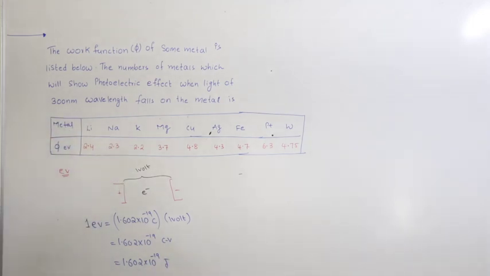So 1 electron volt is equal to 1.602 into 10 power minus 19 joules. So this is about the story of electron volt. Now let us